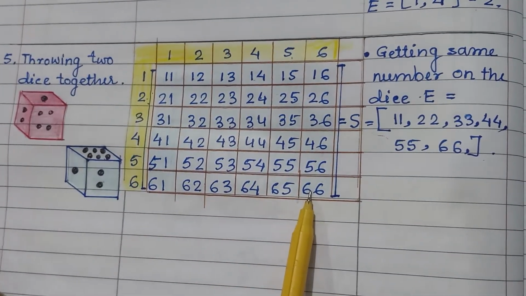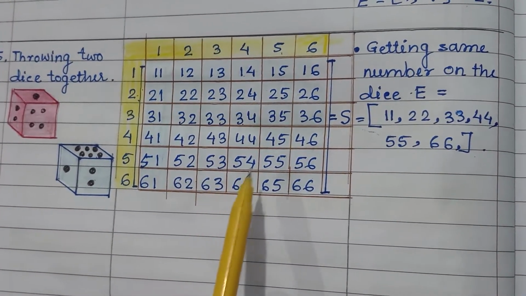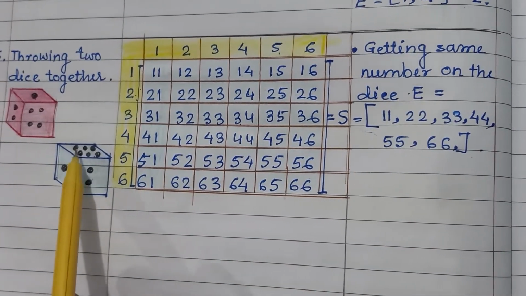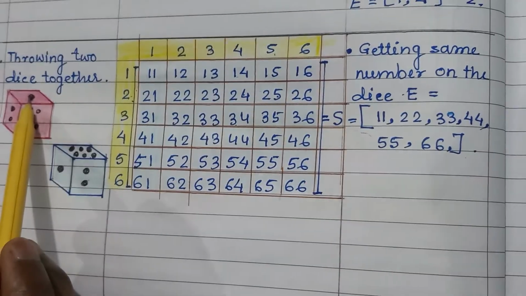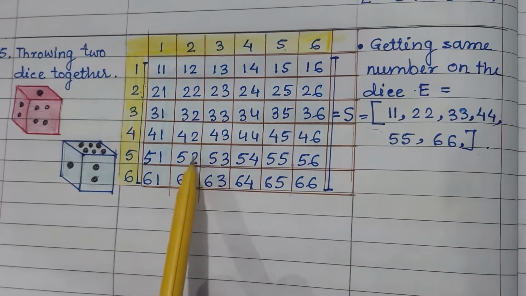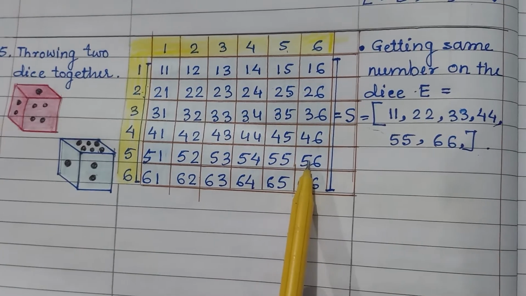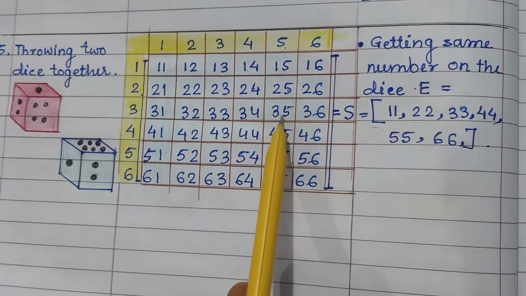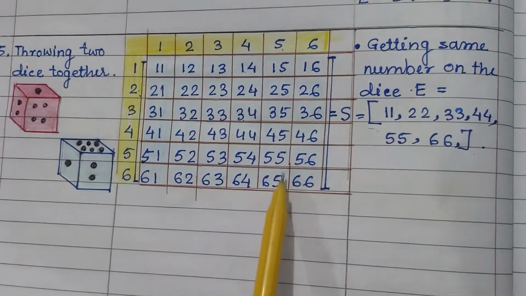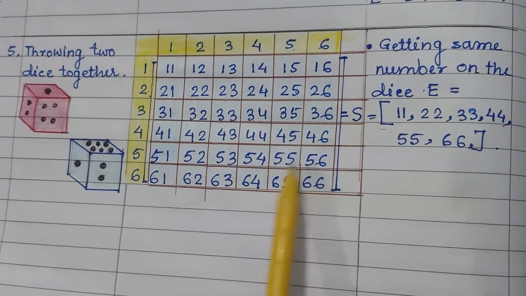Now the outcomes having at least a number 5. Suppose I throw these 2 dice, that is 6 and 1, with 1 and 6 at the top. So how many times will at least a 5 come? 1, 2, 3, 4, 5, 6. Now 7, 8, 9, 10, 11, not this one, it has already been taken. So 11 outcomes in this way, and this way you can take. So this event is 11.